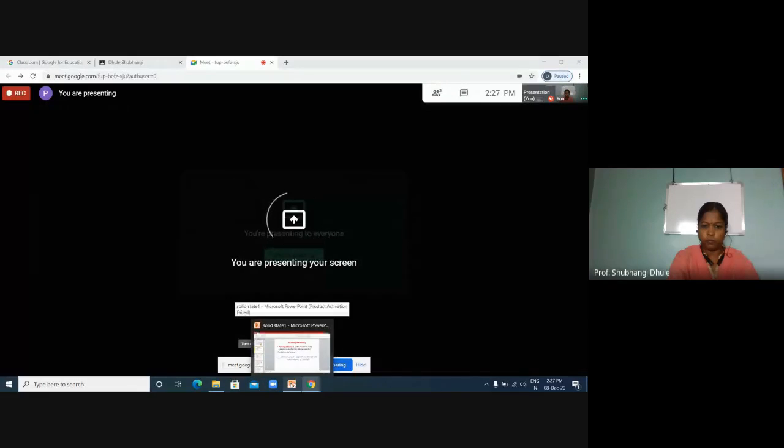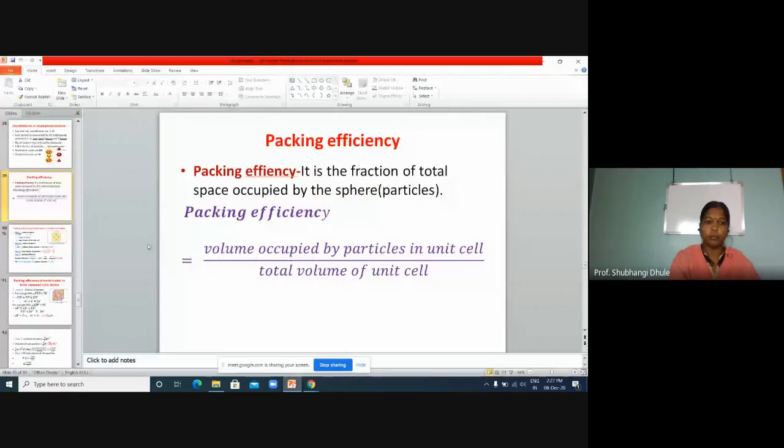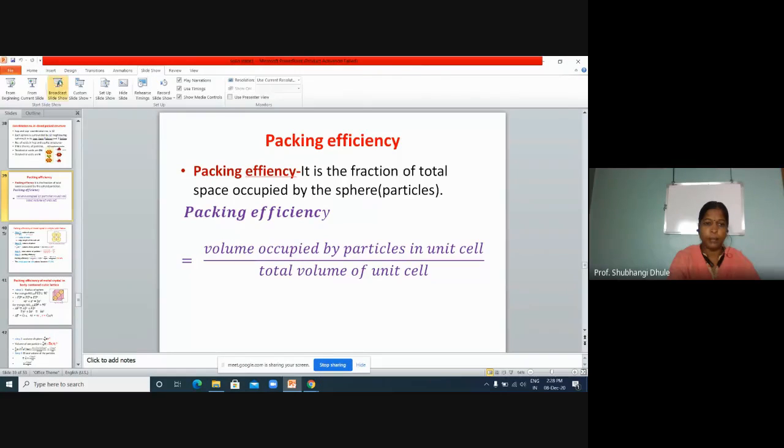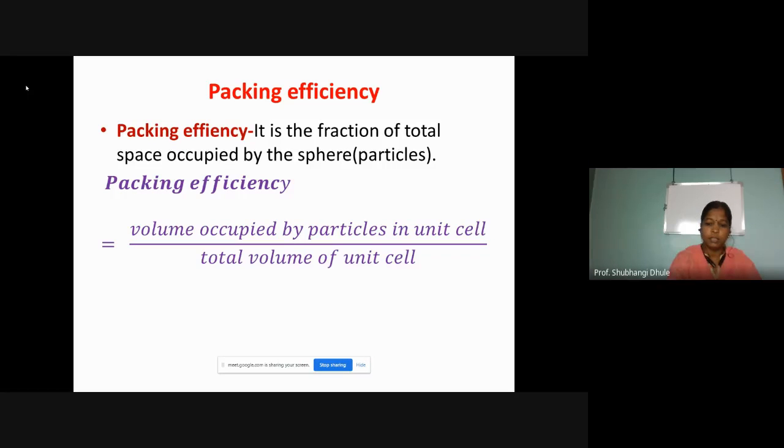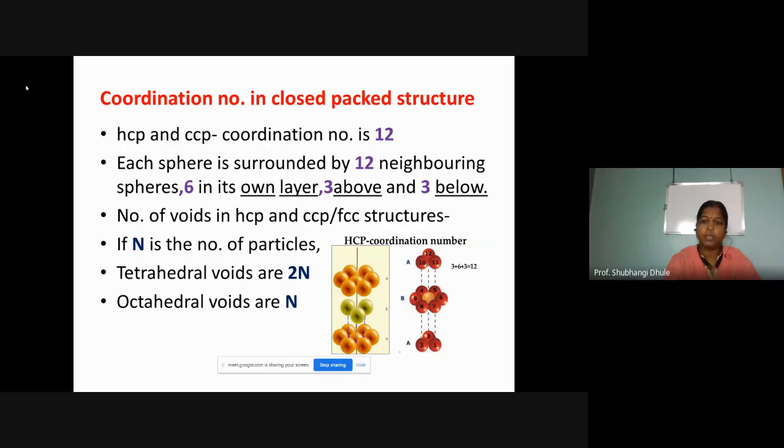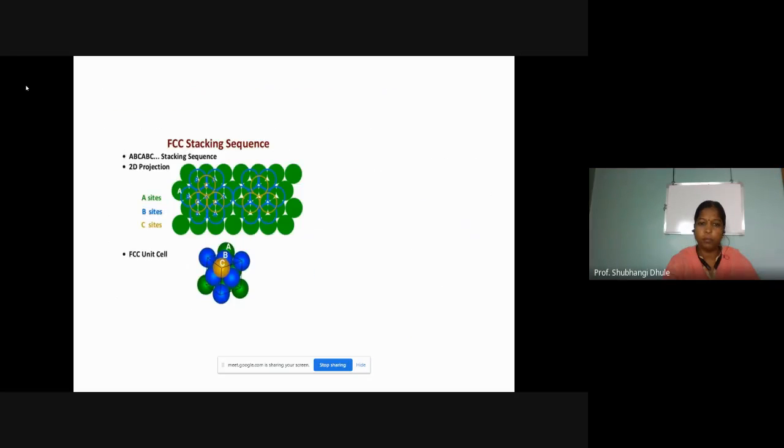Now in today's lecture, we are going to learn about the packing efficiency. Now, what is meant by packing efficiency? For that, you must know the types of crystal. In the last lecture, we got up to the coordination number of the HCP structure, then the CCP structure, and also we have learned about